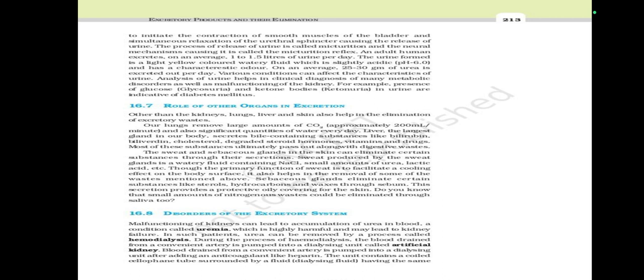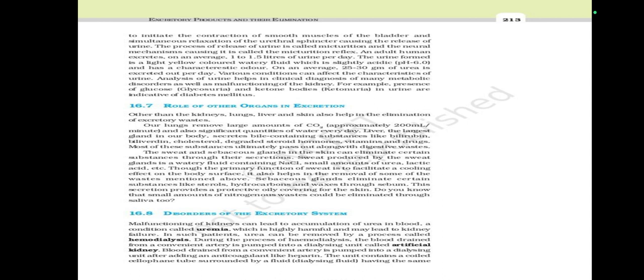An adult human excretes on an average 1 to 1.5 liters of urine per day. The urine formed is a light yellow colored watery fluid which is slightly acidic, pH 6, and has a characteristic odor. On an average, 25 to 30 gram of urea is excreted out per day. Various conditions can affect the characteristics of urine. Analysis of urine helps in clinical diagnosis of many metabolic disorders as well as malfunctioning of the kidney. For example, presence of glucose and ketone bodies in the urine is indicative of